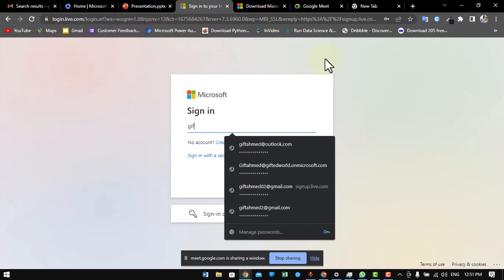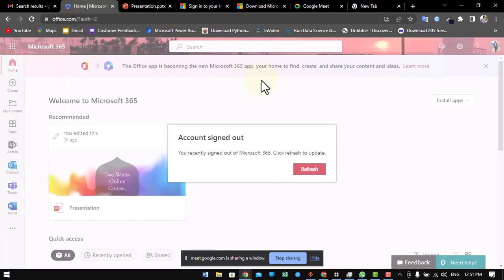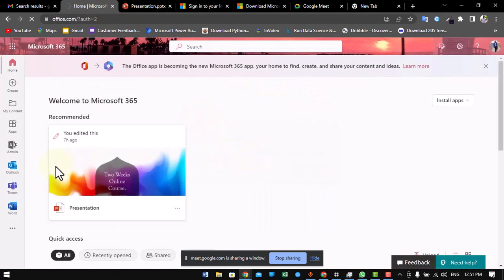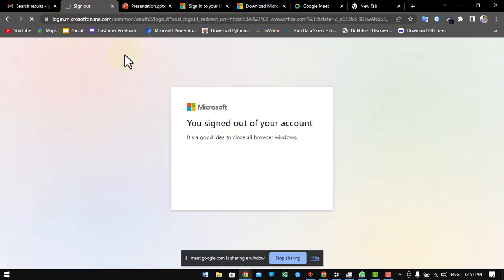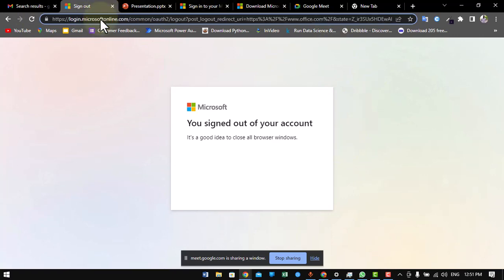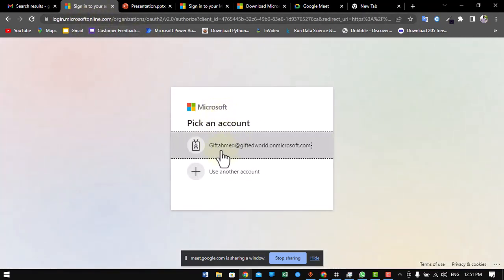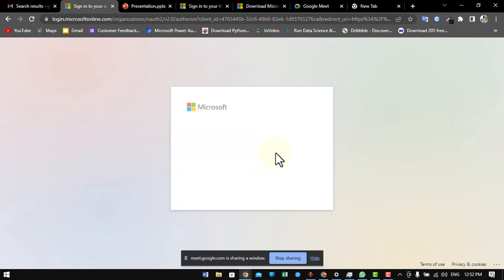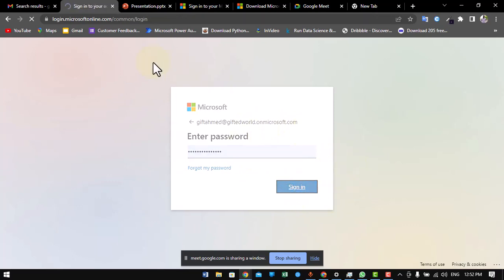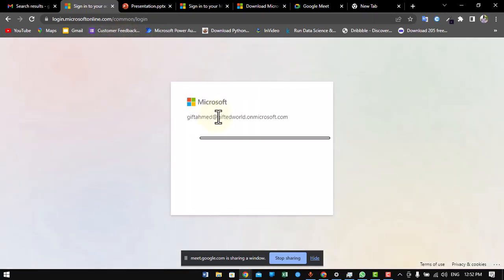Now how that works is that this is an environment. This environment I'm sharing with you now is to show you how Microsoft Office 365 is going to look when you successfully register, since the service is down. You are going to have a custom domain. Mine is giftamed at giftedworld.online. You are going to fill this in the form. Once you do that, you have your password, and once you log in,